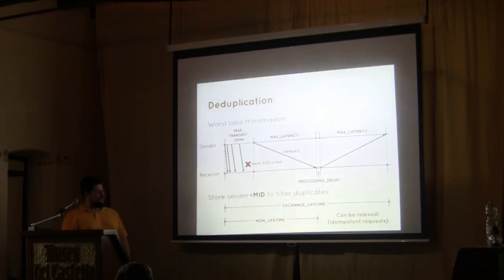And yeah, you have to keep this state for at least this time. Then you will know, okay, every copy of this message using this message ID will have left the network. And then you can free up this memory again. You can relax this time. It's something like 4 minutes, so 245 seconds, I think. You can relax this for these non-messages, because you send a non-message and then it arrives,